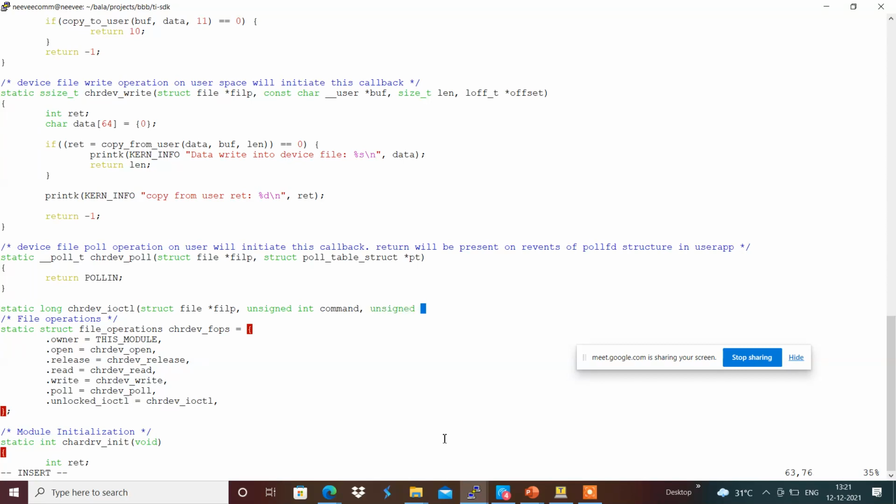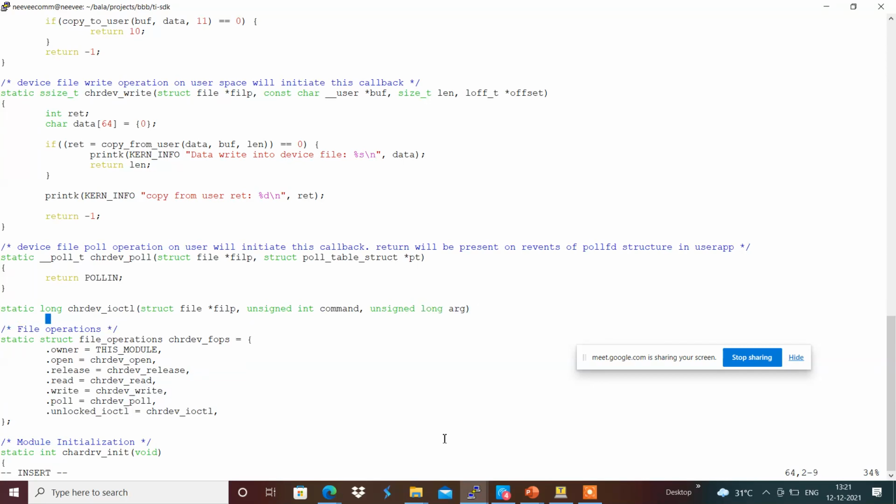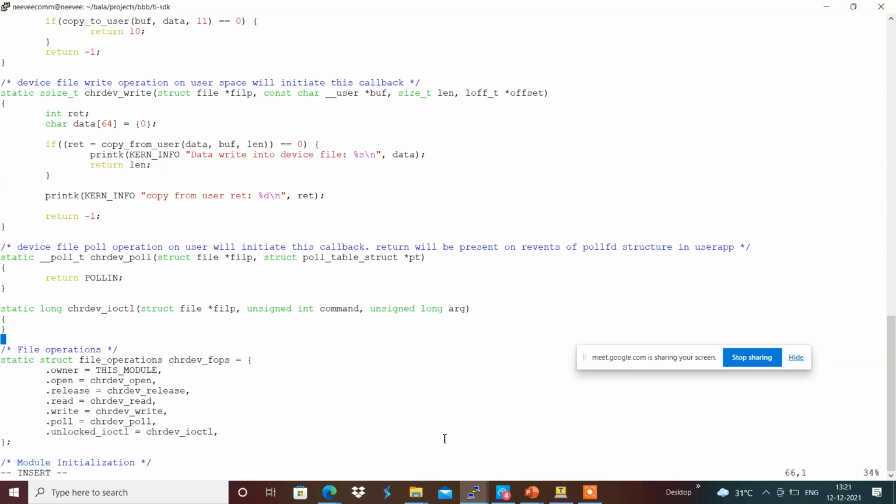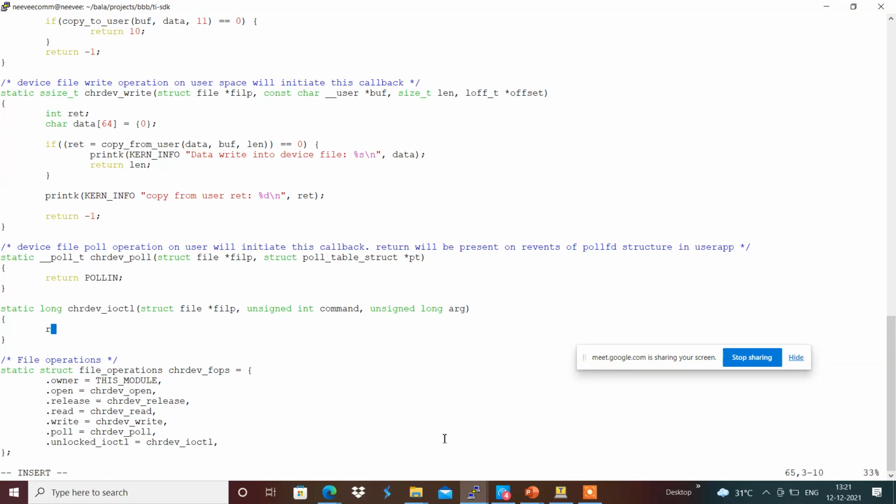In order to do that, we will be defining the commands that will be used by the user space as well as the kernel, so that both use the same command definition.